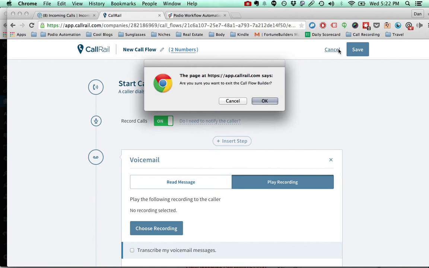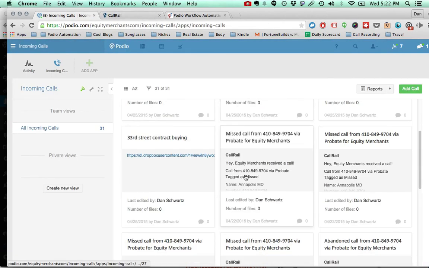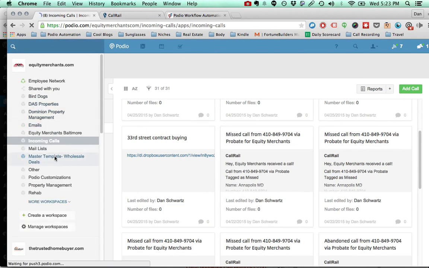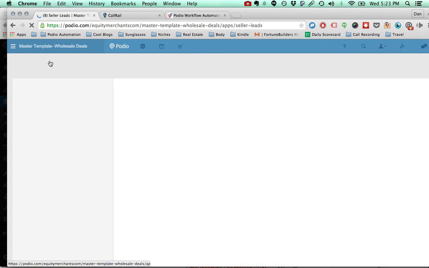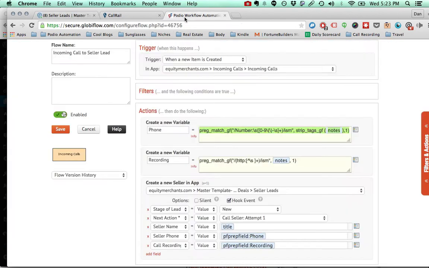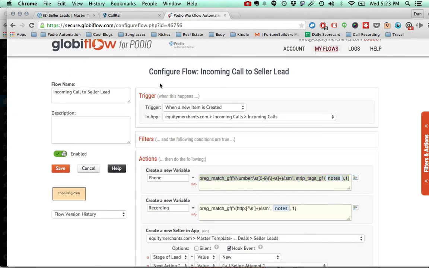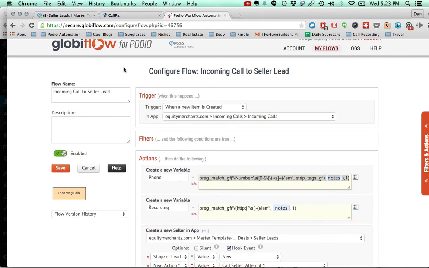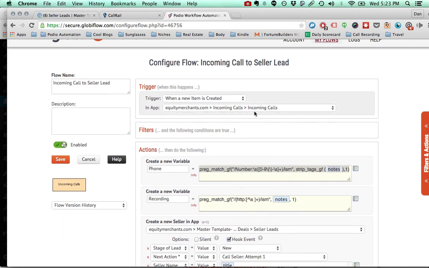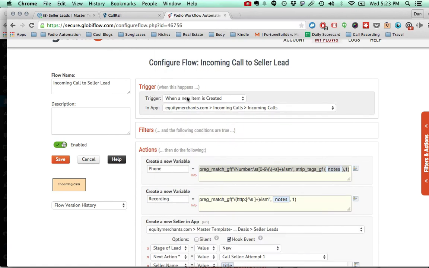Now I'll show you how to set up the Globiflow workflow to get this information into this app. So let's do that real quick. This is the flow that I use. So what you have to do is in Globiflow, you click on New Flow in your incoming calls in your new app, the app that you made for incoming calls. When a new item is created,